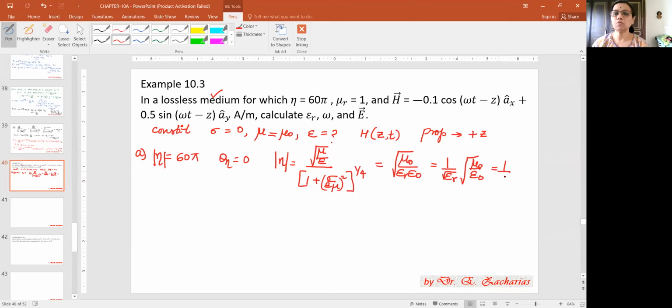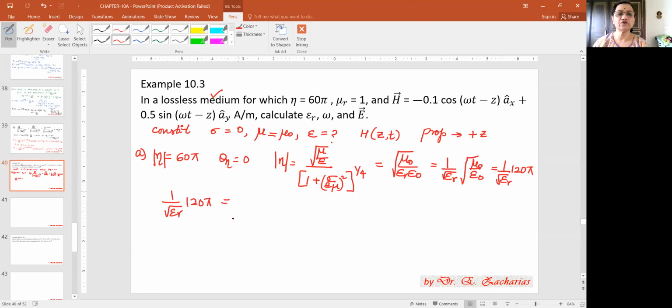What is under root of mu naught by epsilon naught? You know the value, it is 120 pi. So you have written this. So now let us take 1 by under root of epsilon r into 120 pi and equate it to modulus